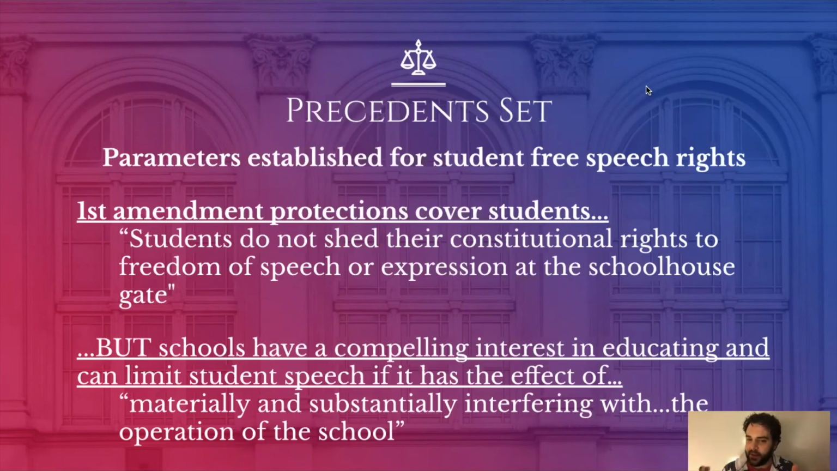Schools have a compelling interest. What are the criteria for passing muster under strict scrutiny? Have a compelling interest in educating, and they can limit student speech if it has the effect of, quote, materially and substantially interfering with the operation of the school. So, yes, you still have First Amendment protections in school, but